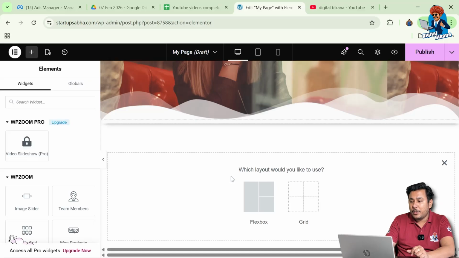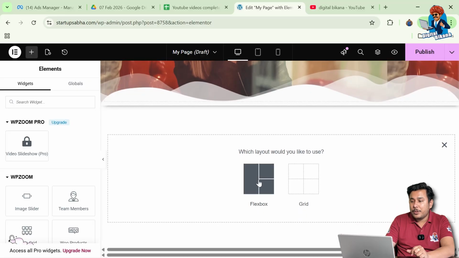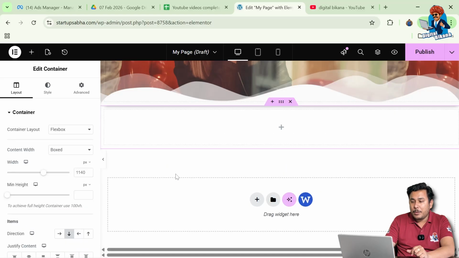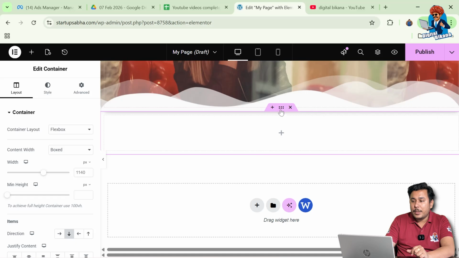So we are going to click on plus, and here we are going to select the layout as flexbox, and in the structure we are going to select the first one, direction column. Okay, so the container has appeared in front of us and right now it is vacant. We need to edit this container by selecting the edit container option just above the container, the six dot option,